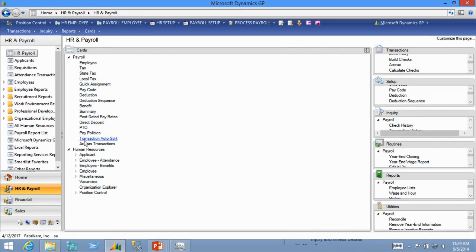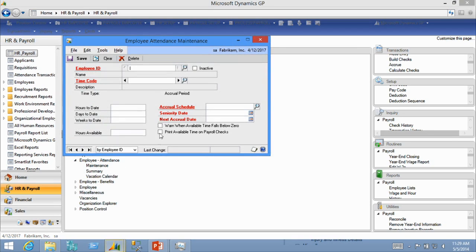So again, I expanded out my payroll. I'm now going to look at some of the HR items that we can track. Earlier we talked about attendance, and that's our vacation and sick tracking. So I'm going to use attendance for tracking, and what I need to do is set up my time codes